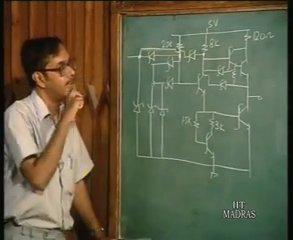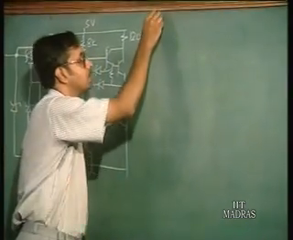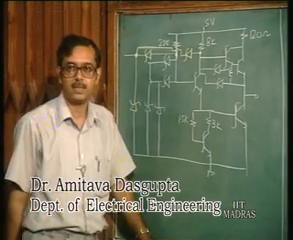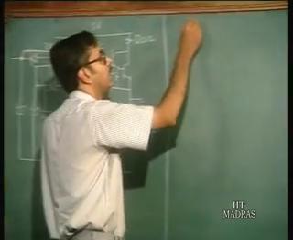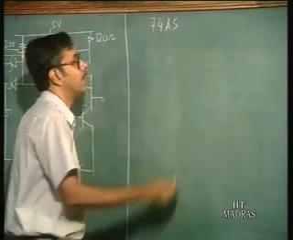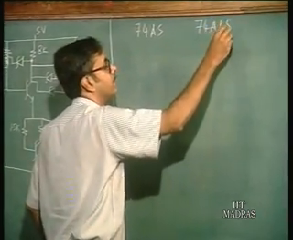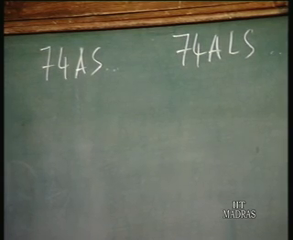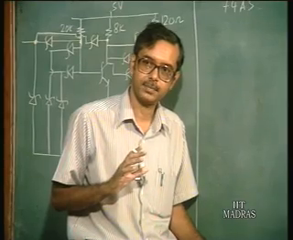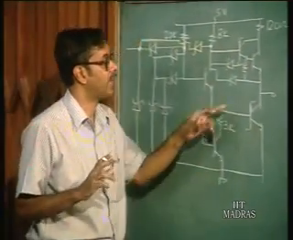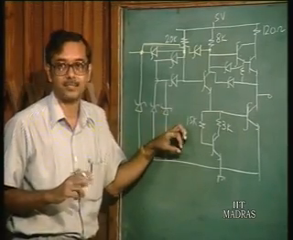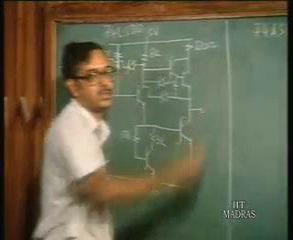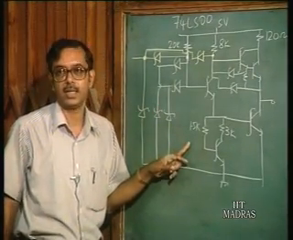Now, continuing our discussion on the advances in the TTL family, the next series of TTL gates came out in the 80s and was called the advanced series. You have the advanced Schottky, as well as the advanced low power Schottky. Now, the advanced Schottky circuit is very much similar to the circuit of the 74LS. So, the advanced Schottky 74AS00 is very much similar to the 74LS00 circuit, except for the fact that